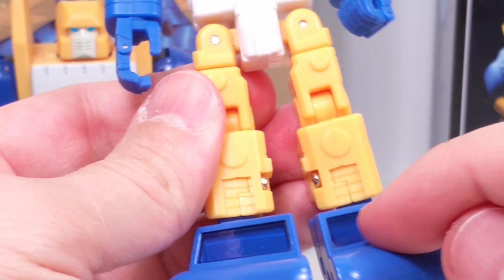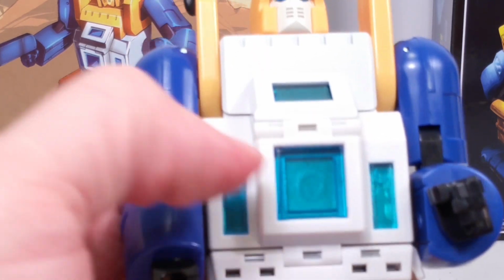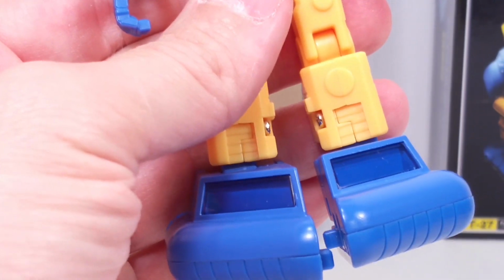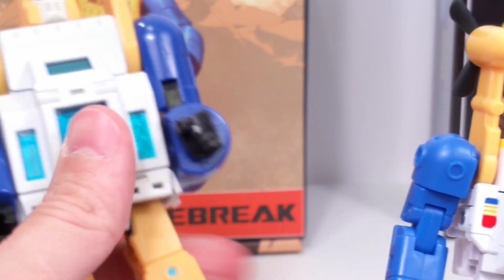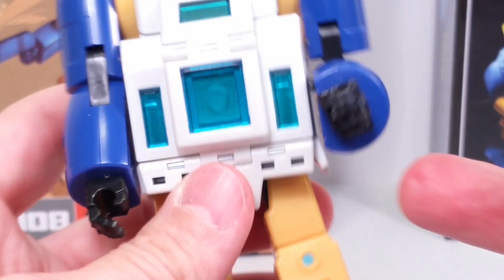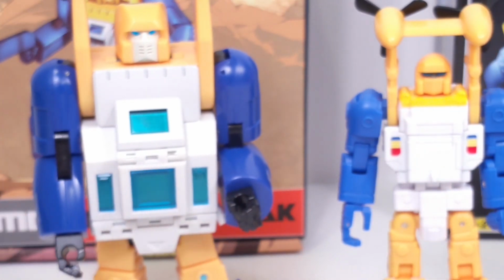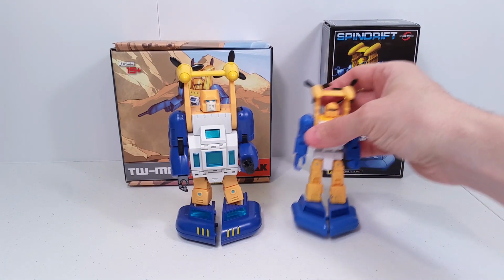Coming down to the bottom, this is a translucent kind of a blue as well, but I think this one looks kind of better. It's like a sea green color blue, or green, whatever you want to call it there. Versus this one's almost matches the blue of this here. So, and that's about it. He's pretty much plain, aside from just those few paint apps. So I think as far as paint, he probably wins just a little bit more, and then just kind of more throwing off of colors up there. So that's that. All right, transformation wise, we're going to start over here with him